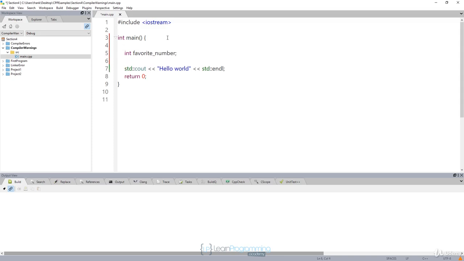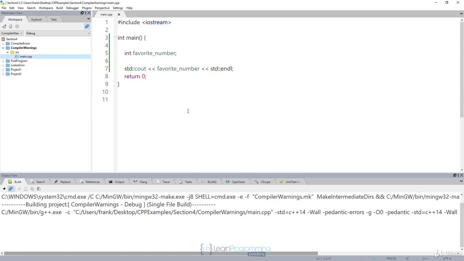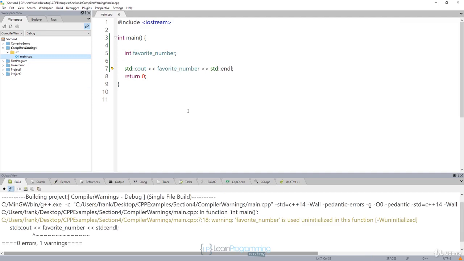Perfect. Now, suppose I want to print out that favorite number. So I'm going to remove this hello world right here, and I'm just going to replace it with favorite number. So that's all I want to do. I've got a favorite number. I want to print it out. Now, if I try to compile this, syntactically, there's nothing wrong with this program, but there is a problem, and